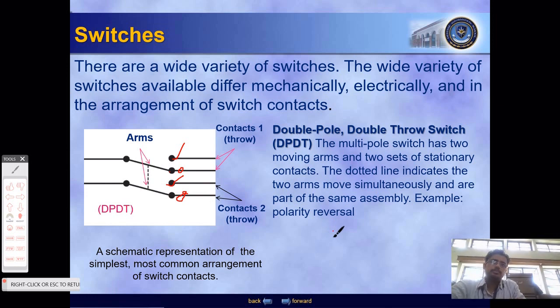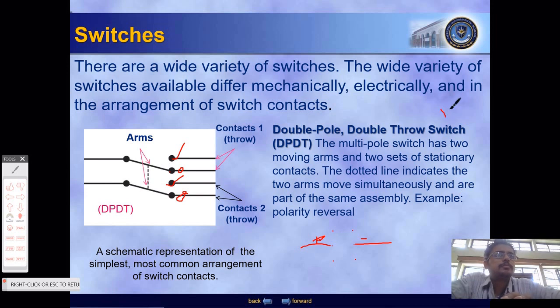Let's see one example. It is very useful. How is it useful? Let's see. A double pole double throw switch has 6 terminals. Behind the switch you can count the number of terminals. I have marked the terminals for you. There are 6 terminals. Suppose we want to control the direction of a DC motor. So we supply plus and minus on the central pair. This is plus and this is minus on the central pair.